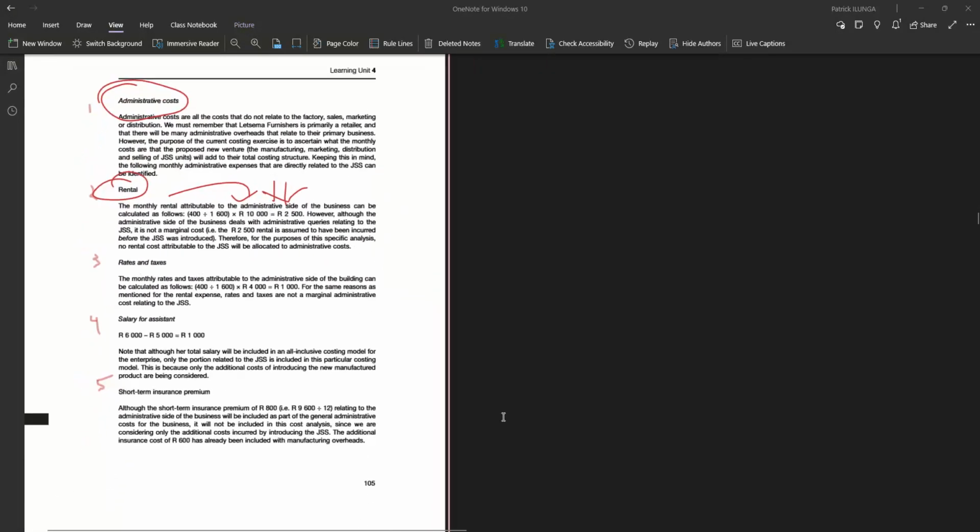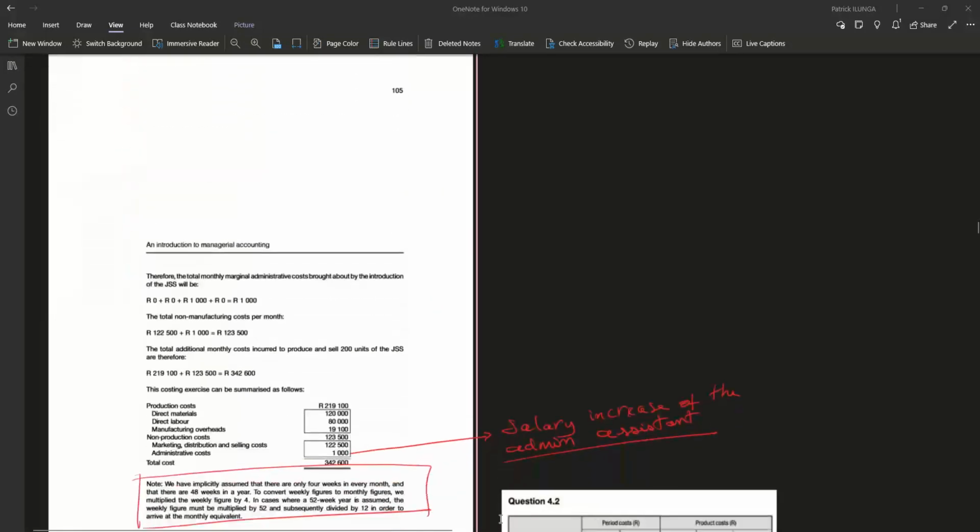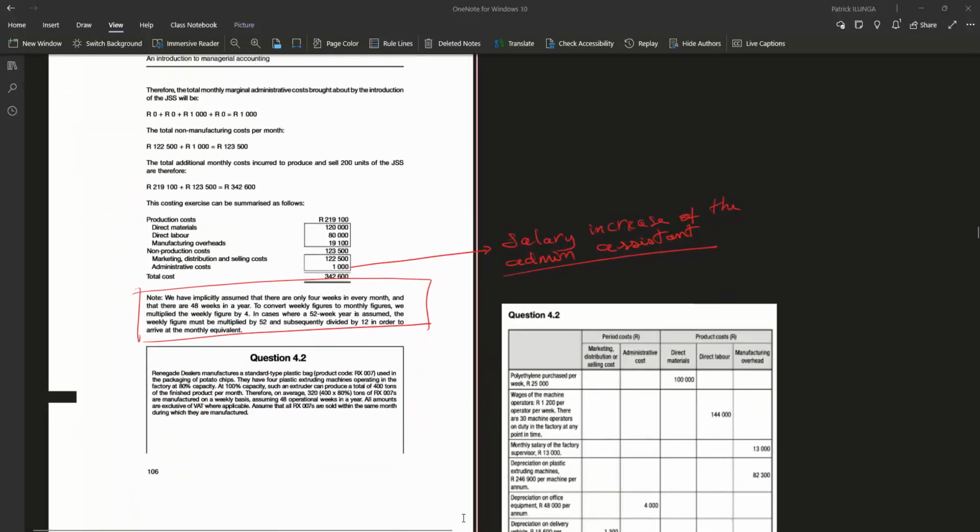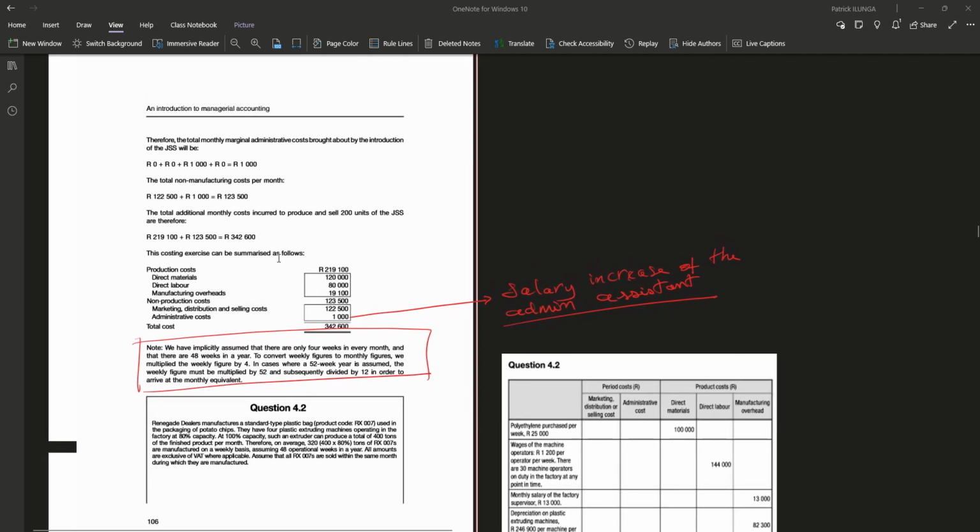Okay, so everything is well explained. Please practice by yourself, and then you also have this question. Before we go to this question, you can see that we didn't add the rental of the property with regards to the admin building because these things were prior to the project. The cost was already incurred, so we don't need to add them. So for the indirect cost with regards to the rental, it was not added because it was prior to the project and the project is not impacting this